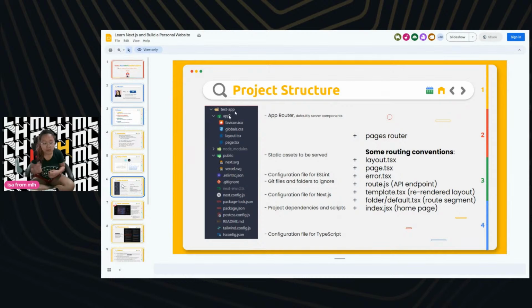I'm actually most likely going to stick with the pages router once we actually get into the coding, but I'll explain the differences of the new things that they're doing because I want to, both for my sake and for y'all's sake, keep up with what the industry is currently doing. So the app router is what you're given. But because it's less than a year old, our debugging is going to be significantly harder because people haven't Googled enough bugs and errors yet.